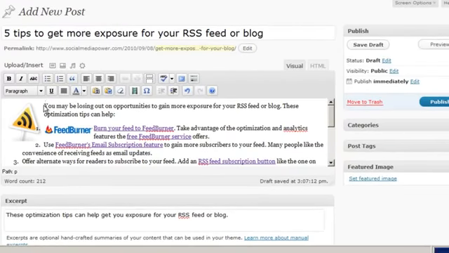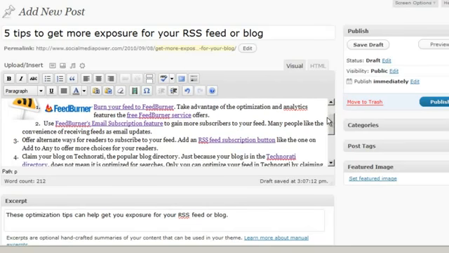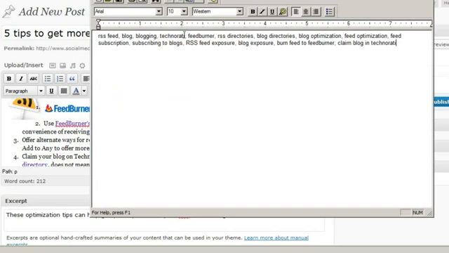Okay, so optimizing the main body content area of my post. One of the things that I'm going to pay very special attention to is how I actually highlight text that is going to be linked to other sources. When I highlight text, like this link here that's been highlighted and is now linking to another source, or this one here, I'm going to be careful that I actually use as many of my key terms in those areas as I can. For instance, some of my key terms include FeedBurner, RSS feed directories, subscribing to blogs, subscriptions,